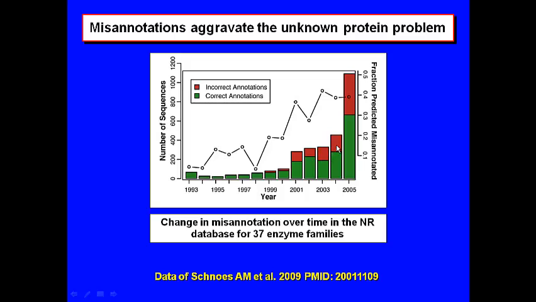And as you can see, as the number of sequences has gone up because of the sequencing of genomes and the propagation of annotation by homology, more and more of them prove to be inaccurate. So you're up to about 40% now that are wrong, even in this very well-known family. So beware in NCBI, because this is specifically NCBI data, a very high proportion, even in well-annotated families, are misannotations. And this is a serious problem because it degrades the value of the information in the database.